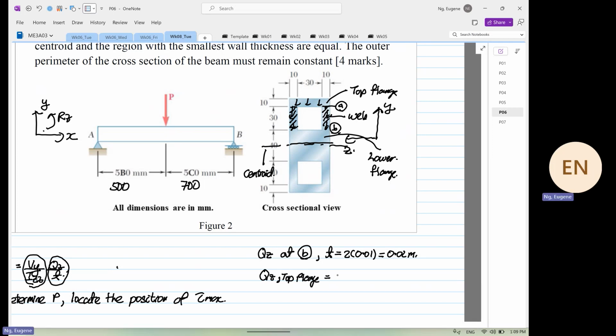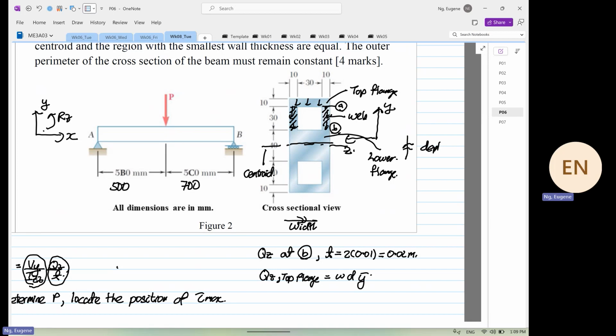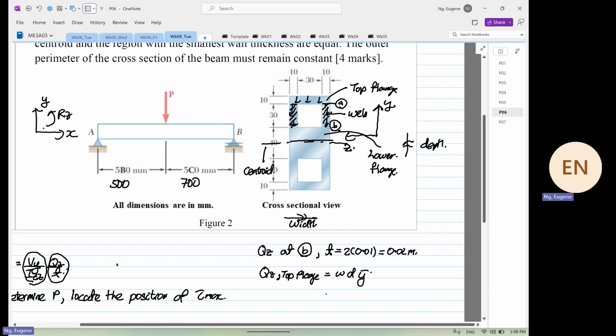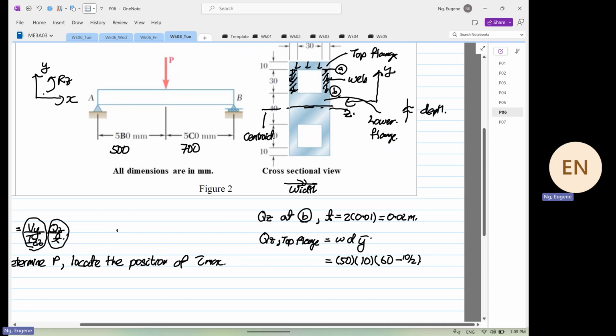And I always adopt this: the width, depth, Y bar. And we know that this is our width. And over here, this is our depth. So from here, our width is 50. Our depth is 10. Our Y bar is 20, 20, 20, 30, 60. 20 plus 30, 50, 60 minus 10 divided by 2. So from here, we get, oh, sorry,